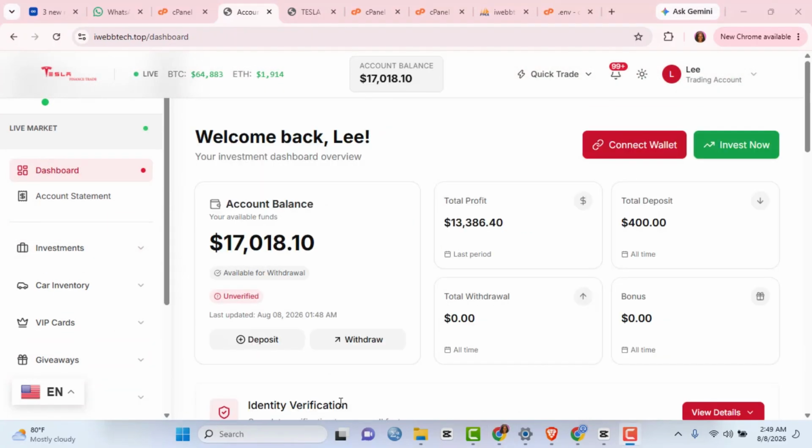So guys, as you can see, this is the website looking beautiful. The website is looking very beautiful, as you can see. So the next thing for us to do now is, let me quickly show you how to build this kind